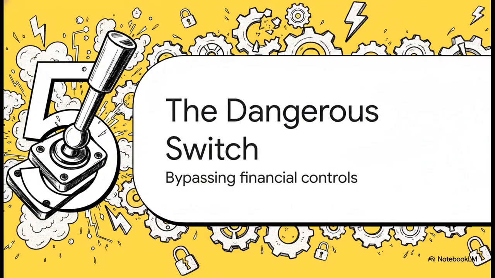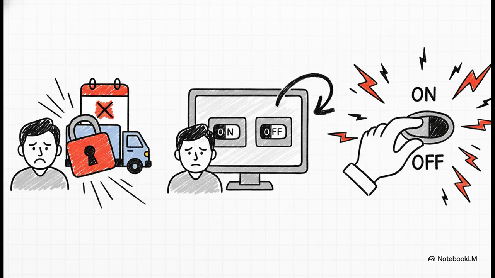And that brings us to our final, and maybe most important section. With all this incredible power and automation, what happens when someone makes a mistake? Let's talk about what the source material calls the most dangerous switch. So here's the story. You've got a support consultant. They're under a ton of pressure. It's the end of the month. A huge critical shipment is stuck, blocked by the credit system.